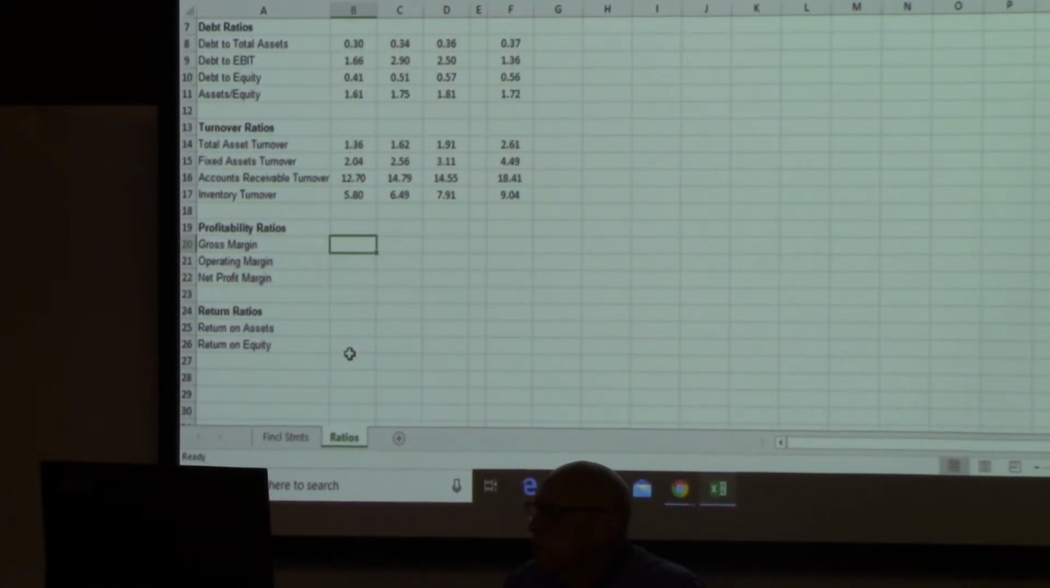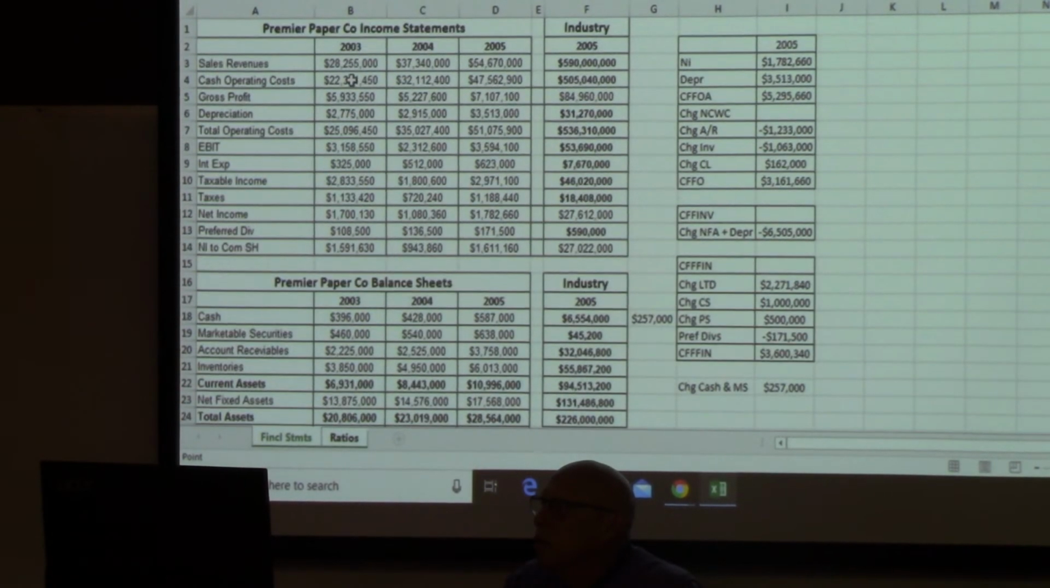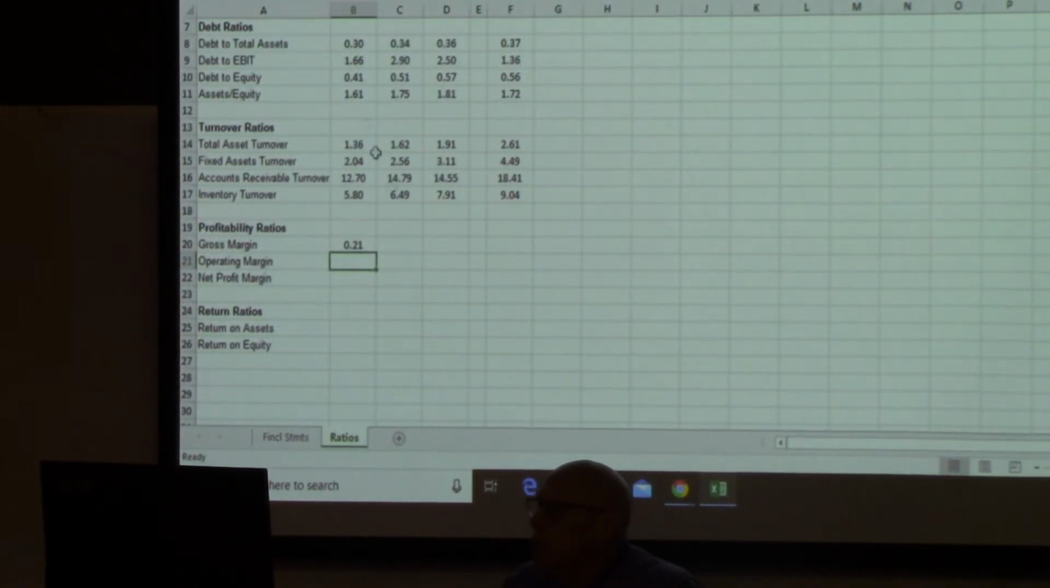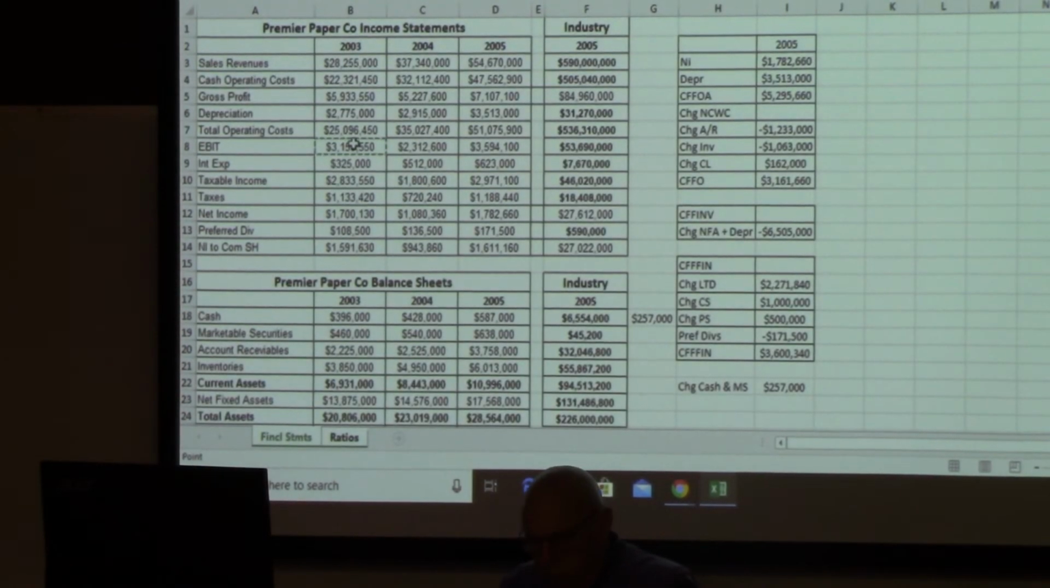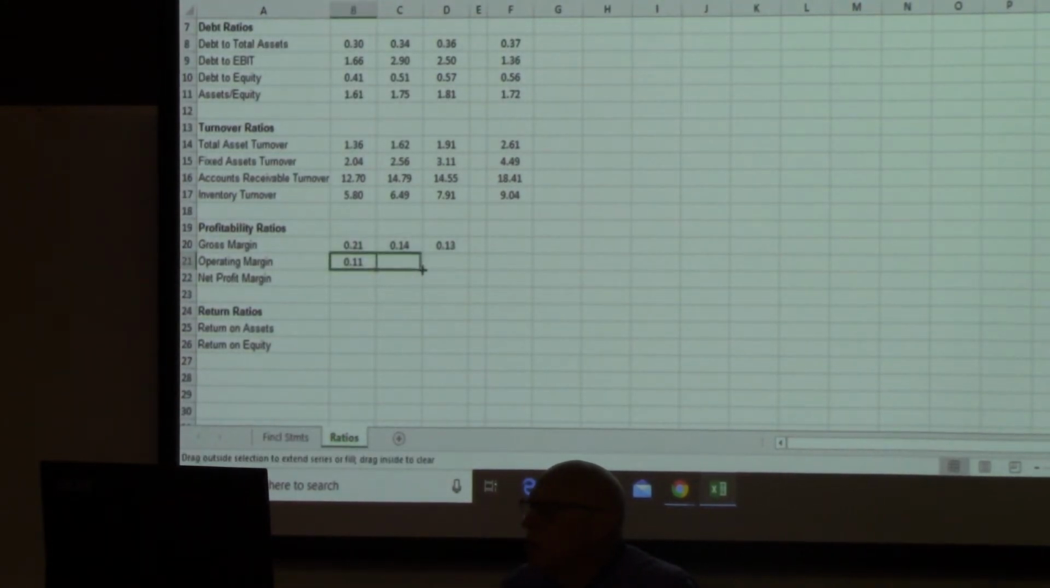Now let's do some margins, and that's gross profit divided by sales. And operating margin, which is EBIT divided by sales. Let's go ahead and take that out one more. Add one more decimal. Look, went the wrong way. There we go. And then net margin,